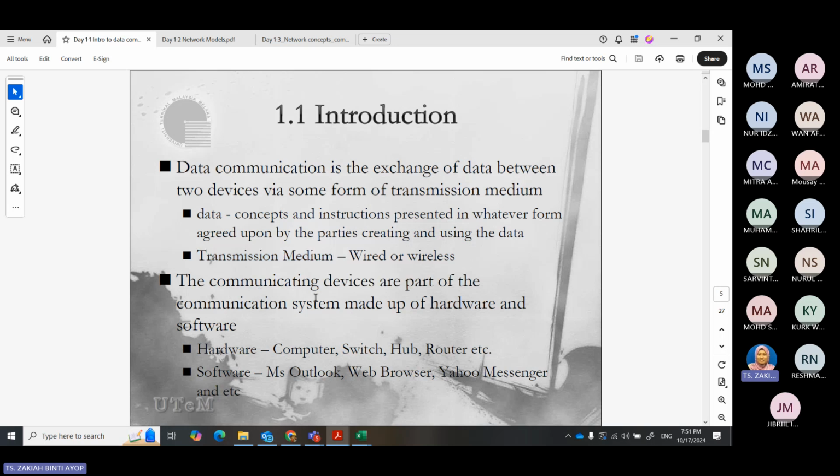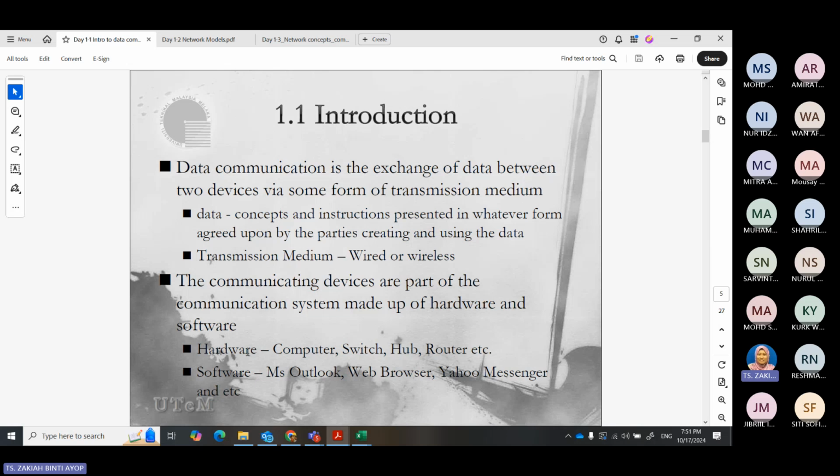The communicating devices are part of the communication system, which is made up of two parts: hardware and software. You still need hardware, like a medium that helps you capture the information and then transfer it.